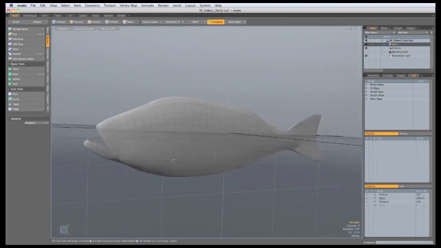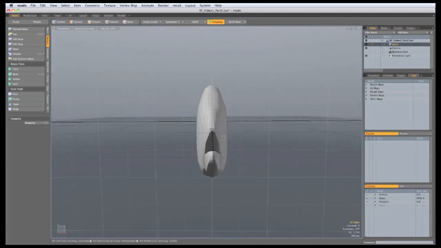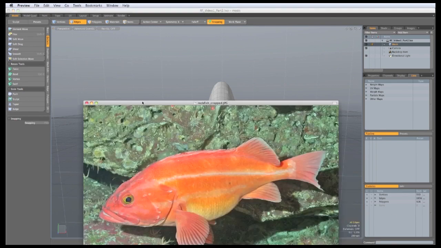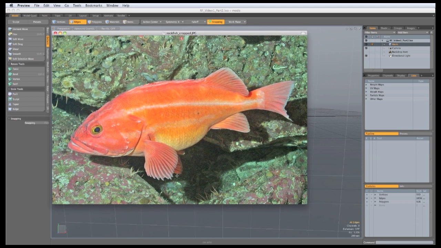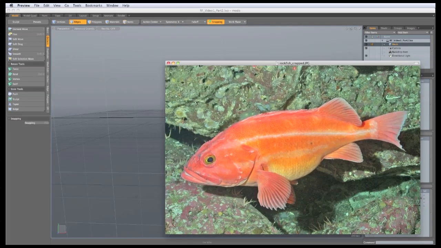So that looks great on the side, but if we rotate him around, so we're looking down the Z, you can see that he looks very squashed. Now the reason he's so thin is because he's derived from a sardine, which is a very thin, slender fish. But if we look at a picture of a rockfish, you can see he's much fatter, much more muscular looking shape. So based on your reference image,